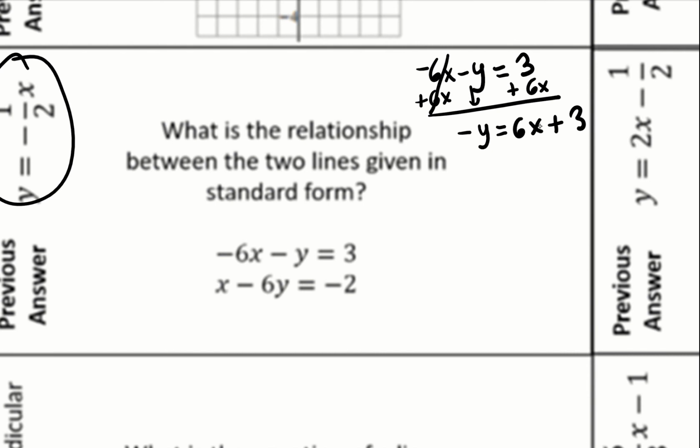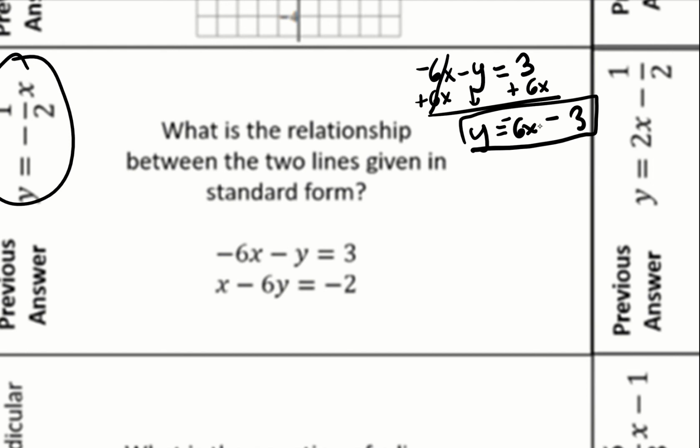And then what I'm going to do is I'm going to switch this to a positive sign because I want it to be positive. But if I do that, I need to change all of these by their opposite sign. And so I'm going to change this +3 to a -3. And now we have our slope-intercept form right here, -6x minus 3. So now I will go ahead and